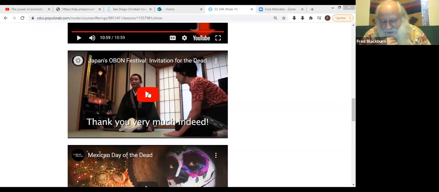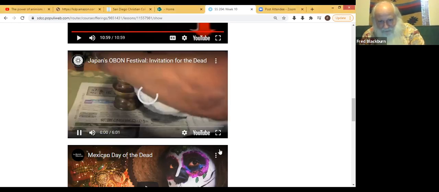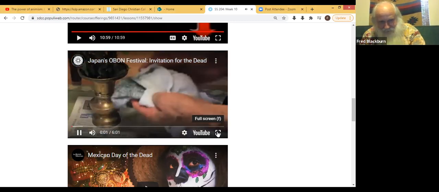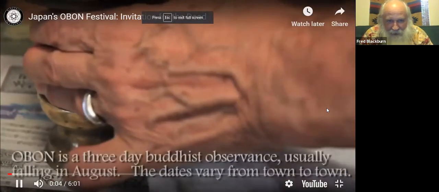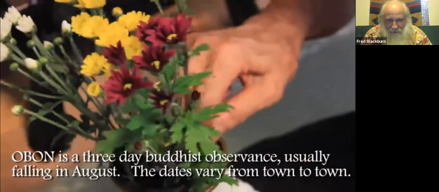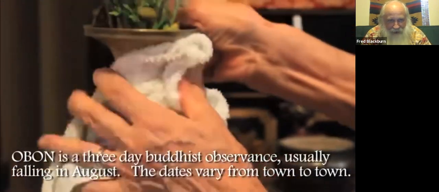They have one of these up in Escondido at this Japanese Buddhist temple every year. I forget what time of year it is. It's probably around now, would be my guess. But it's super fun. It's super interesting. And they invite the community, and you can go out there and dance with the Japanese Buddhist and with the dead. This would be good for the Japanese culture to maybe look into a little bit, that group.